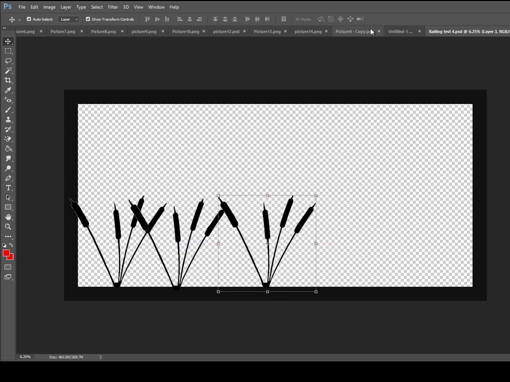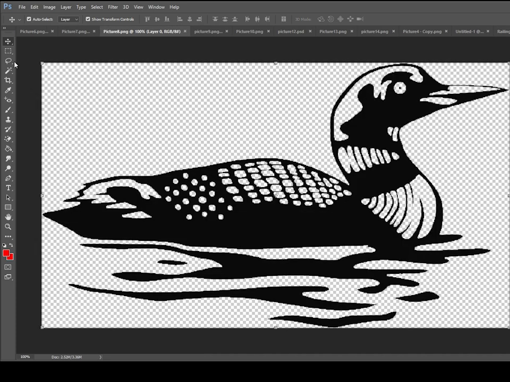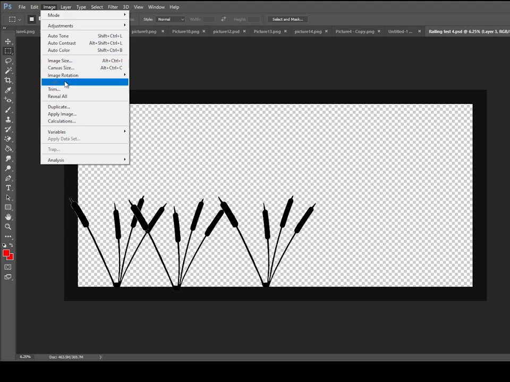Okay? And then you go, well, I want more than cattails. Why don't we see what we've got? All right, that looks pretty good. I want a loon floating around someplace. So I grab my loon. I'll copy the loon, go back over to my railing, paste that in,